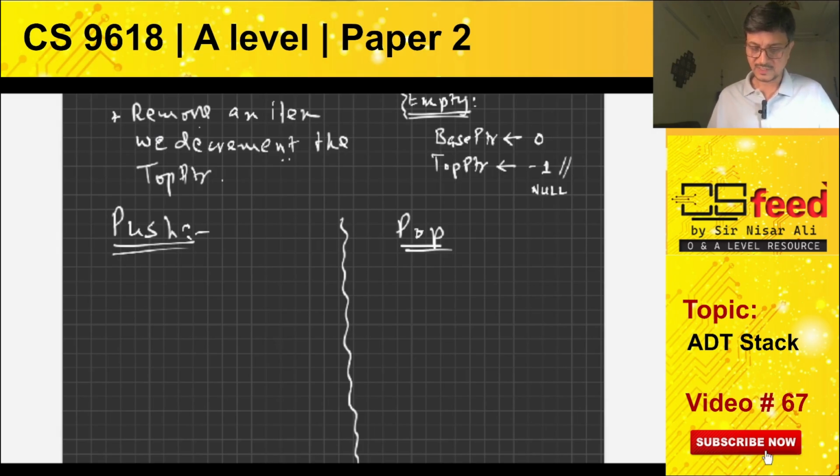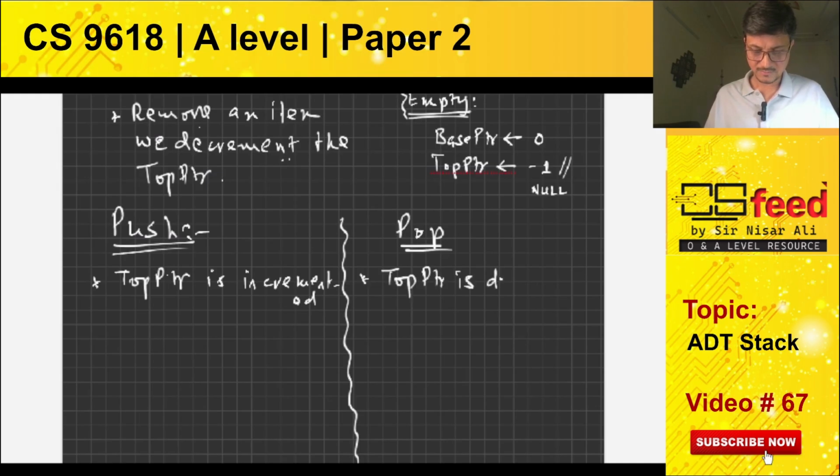So what I said, again I will write here: push means the top pointer is incremented, and pop, the top pointer is decremented. This is the point that we have just discussed. All right,